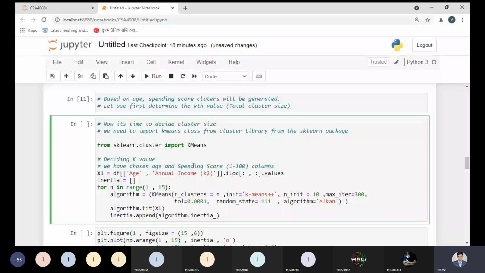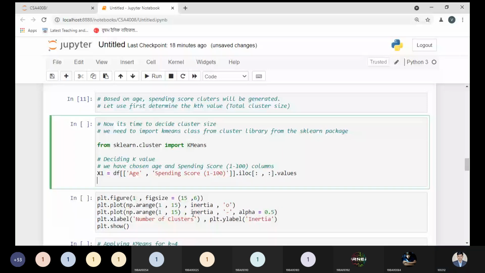Let us understand step by step, then you can understand properly. We have chosen age and spending score in this code, and I am updating this code according to the student demands.